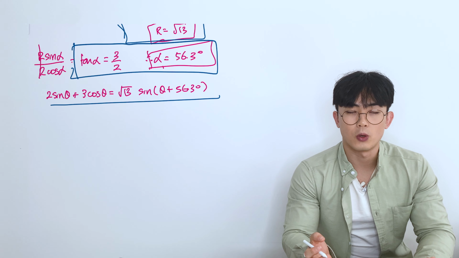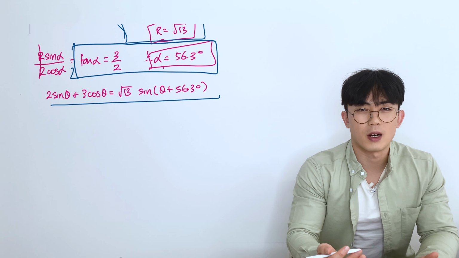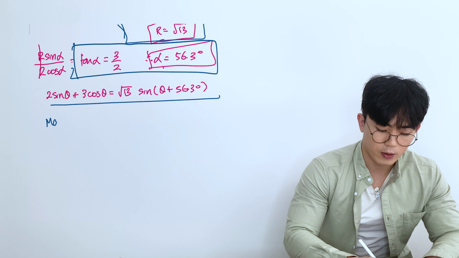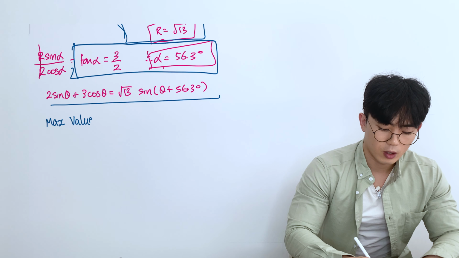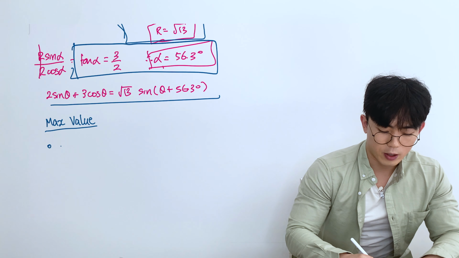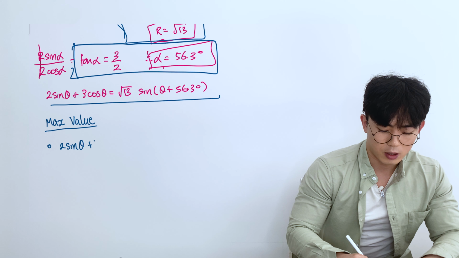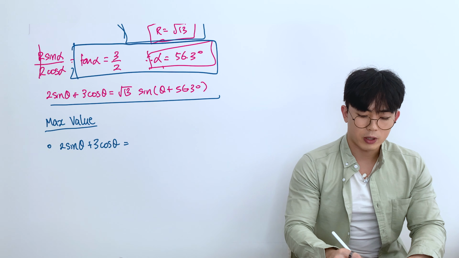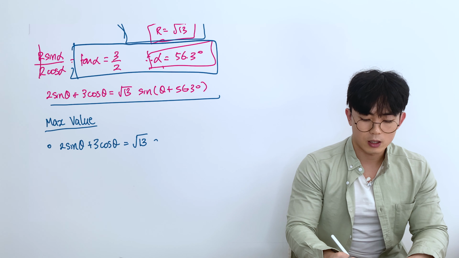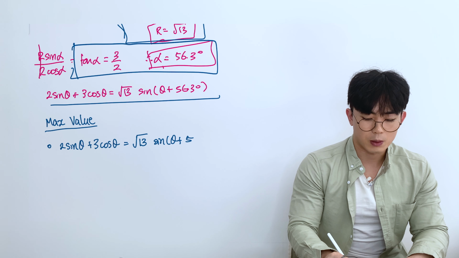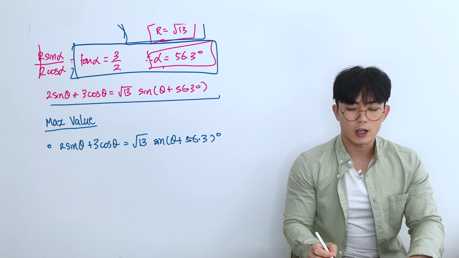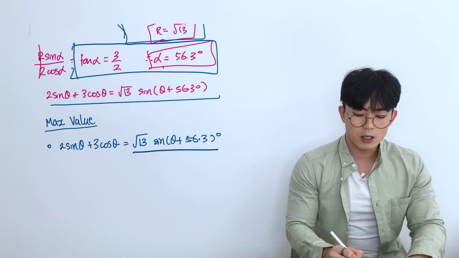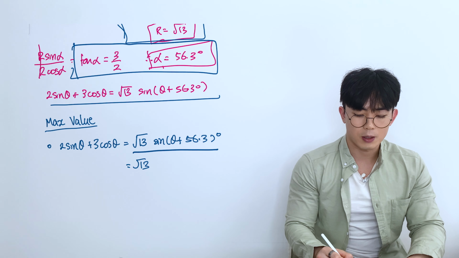And also, another important thing is a couple of 1 mark, 2 mark questions which they could give you to trick you, asking you to find the maximum value. So they might ask you to find the maximum value of 2 sine theta plus 3 cos theta. Right, the way we do this is we just worked out previously that this is equal to root 13 sine theta plus 56.3. So essentially what they're asking us to find is the maximum value of this equation here. And the maximum value is actually just going to be equal to root 13,